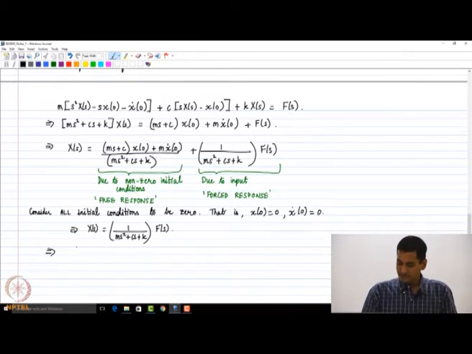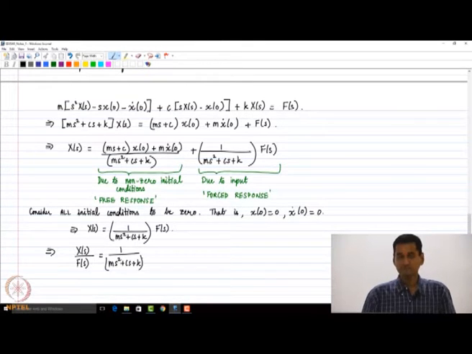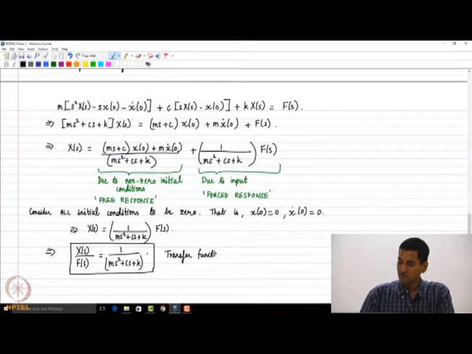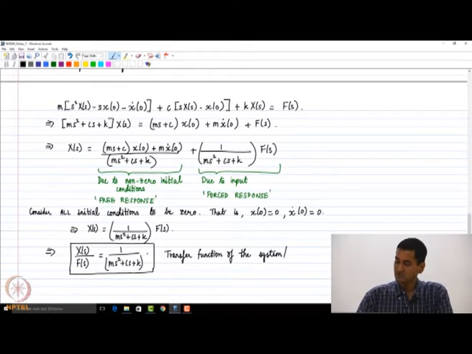So this implies that X of s divided by F of s is going to be equal to 1 divided by ms squared plus cs plus k, okay? So if I just take capital F of s to the other side, this quantity, which is the ratio of the Laplace transform of the output to the Laplace transform of the input under 0 initial conditions, is what is called the transfer function of the system or plant,